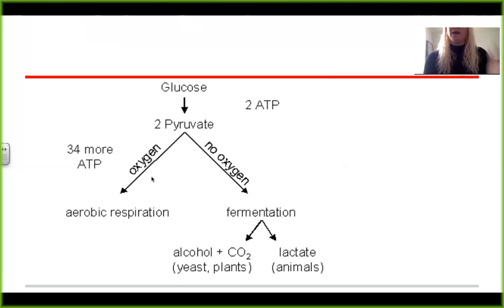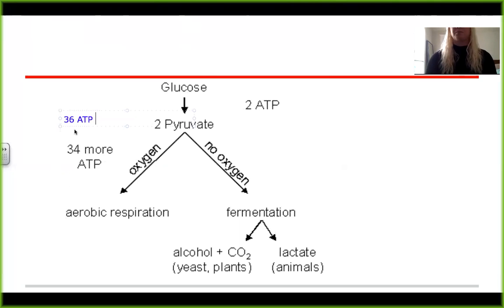So when oxygen is there, we are very happy. We are getting a ton of ATP, right? And basically that's why we need oxygen to survive. So when we have glucose and oxygen, we end up getting 34 more ATP plus these 2 original ones we get. So we get 36 ATP, right? Which you're probably like, all right, well, I don't know how much ATP cells are using, right? But that sounds like a pretty good amount. That's from 1 molecule of glucose, right? When you eat something, there's way more than 1 molecule of glucose,